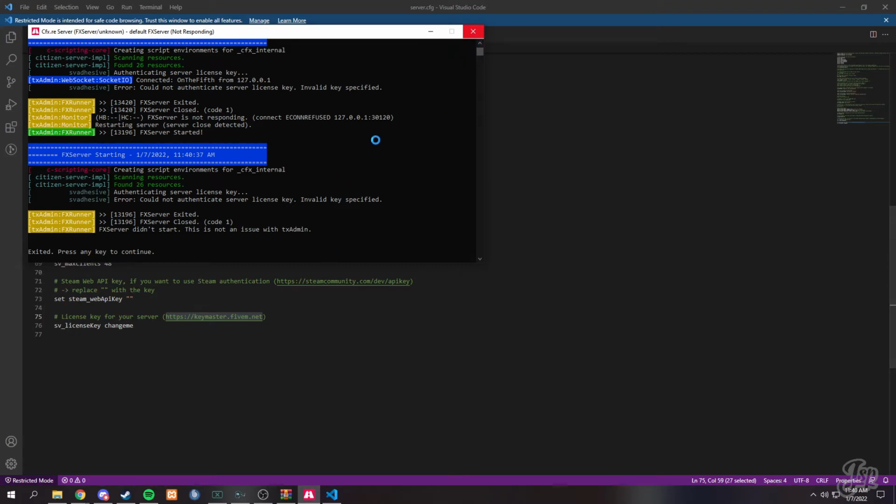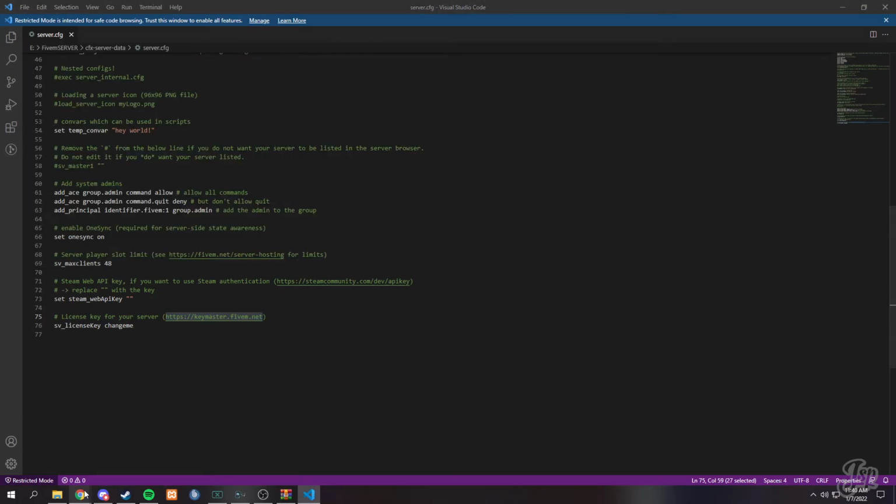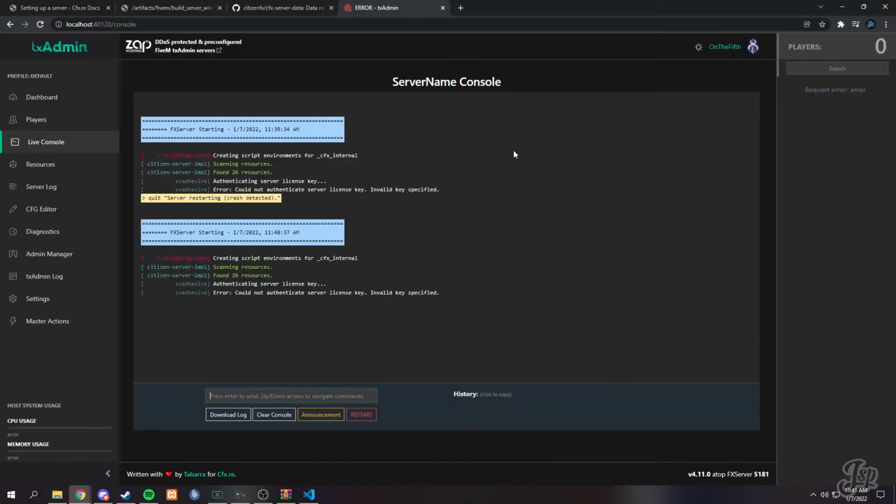in the description as well. So I'm just going to close this real quick and activate this one right here. And I don't really care about this key. This key is going to be deleted right after, but for your information, just this change me, you're going to just hover over and paste your key in here. After you paste your key, you can save this file, minimize this, and